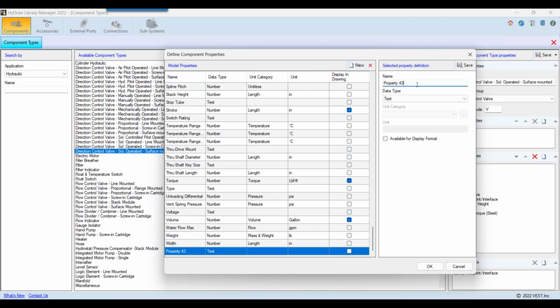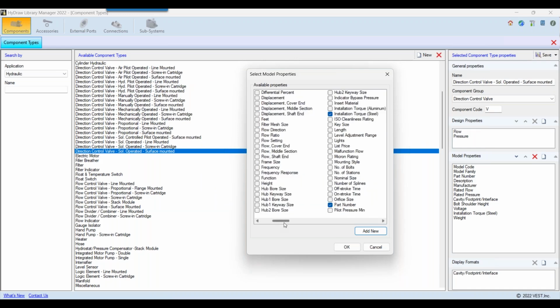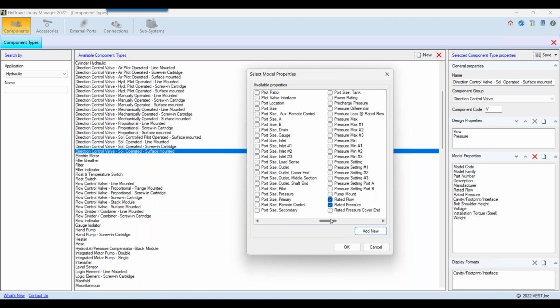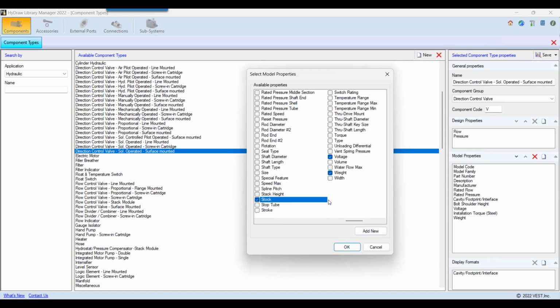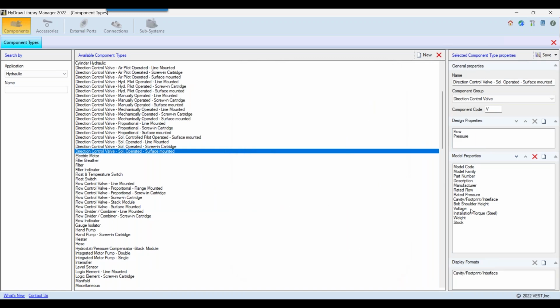So I can use this new option, and I can say stock, and we'll say it's a number, and we'll just leave it as unit list. And we can save that and select OK. And now we can come in to our list of properties here and make sure that stock is checked. We select OK, and that's added to our